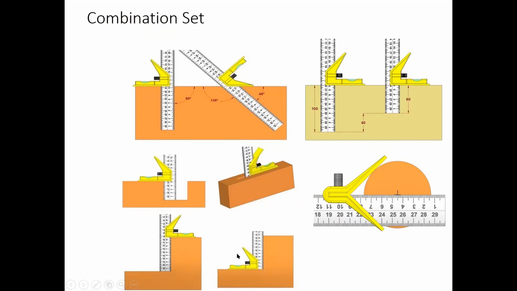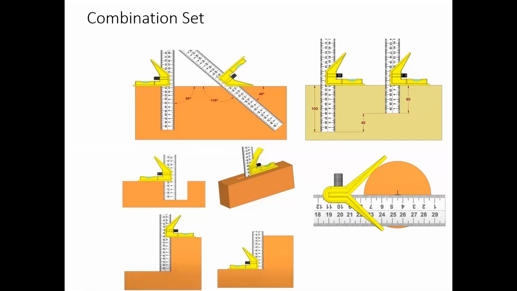In some cases, you check the squareness with the square head in different positions. If you observe here, one groove is there. In this groove, we are going to check the squareness of the surface. The center head is used like this in order to draw and mark the center line for this given component. These are the applications of the combination set. That means protractor, center head, and square head, all three instruments are embedded in a single instrument called the combination set. It is used for different purposes.